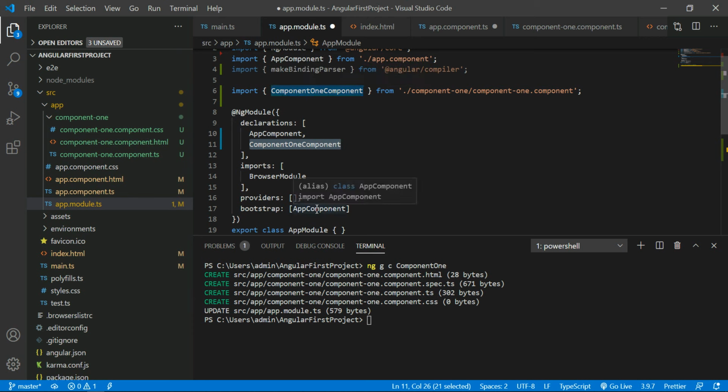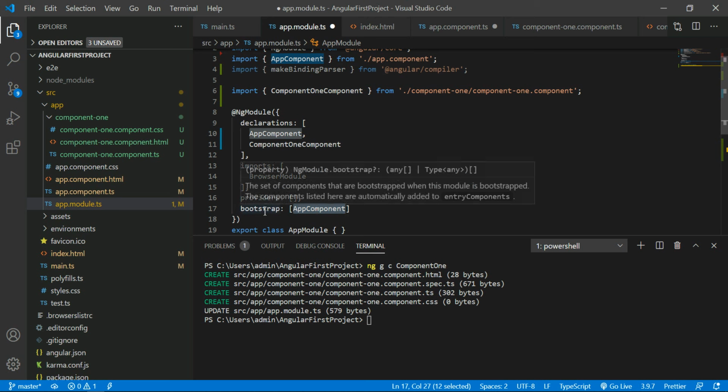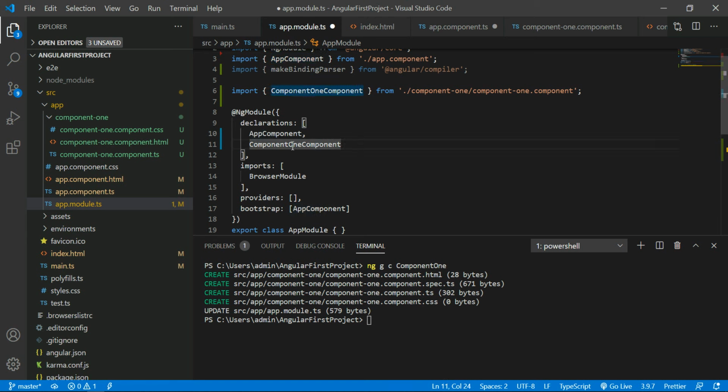You leave the bootstrap, because I always want the app component to be the startup component. So I have registered component1. I want to see component1 in the web browser. So this is completed. First I created it, next I registered it.